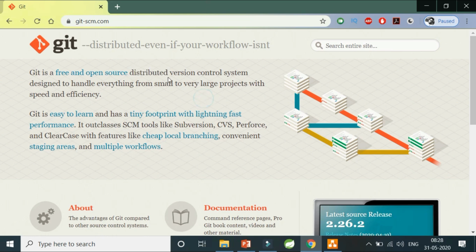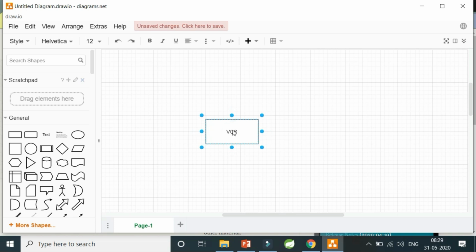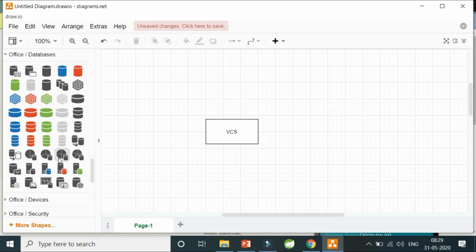And the very important part of this definition is version control system. What do we really mean by version control system, and why do we need Git so badly in this real IT world, is answered by this question: why is it a version control system? A version control system is nothing but a record keeper for you. So say for example, you have a file.